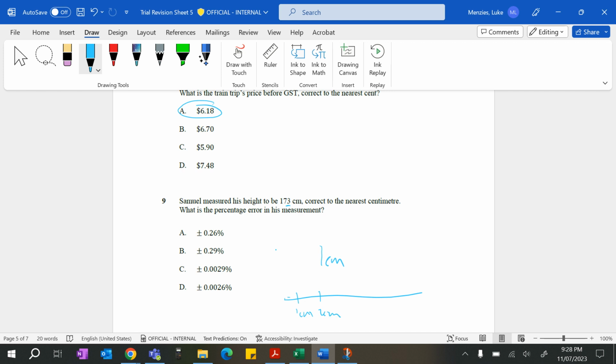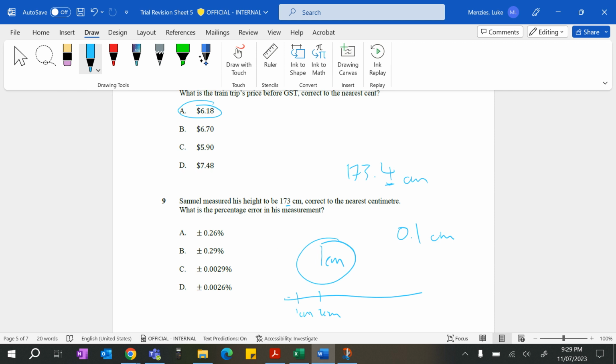Okay, had it said 173.4, for argument's sake, then I'll say the error, or no, it's not the error. It is called on the formula sheet. Limit of reading, I think it's called. The limit of reading is what we want. The limit of reading in this case is 0.1. If that was in centimeters, it'd be 0.1 centimeters. Okay, so we're just looking for the smallest unit. In this case, we've got 1.